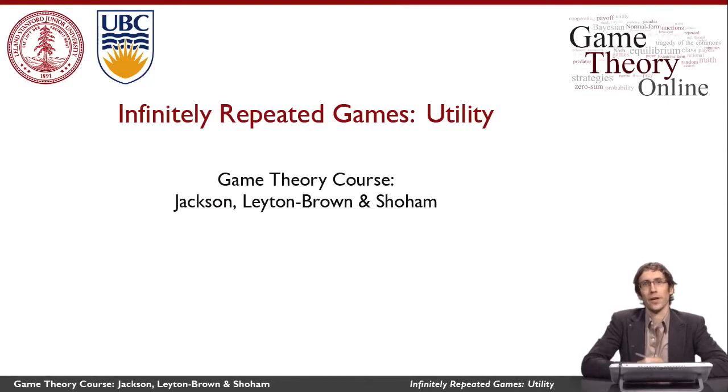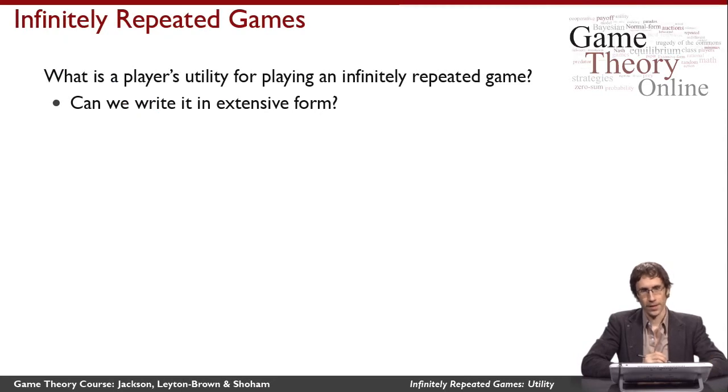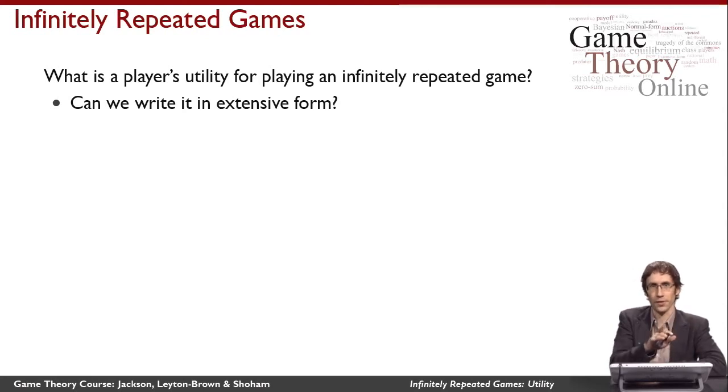In this video, we're going to look at how to define utility in infinitely repeated games. Remember that the way an infinitely repeated game works is that we have some stage game, which is a normal form game, and the players repeatedly play this same game over and over again. That means each player gets a sequence of payoffs. Let's say player i gets the sequence r1 in the first repetition, r2 in the second repetition, r3, and so on and on infinitely. So we have this infinite sequence of real values, which are the payoffs that this player has